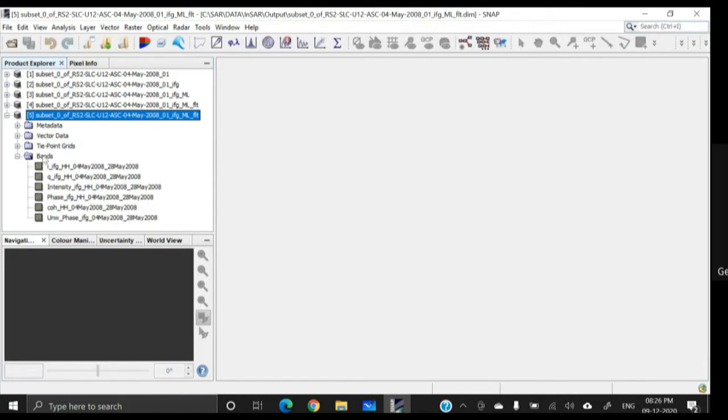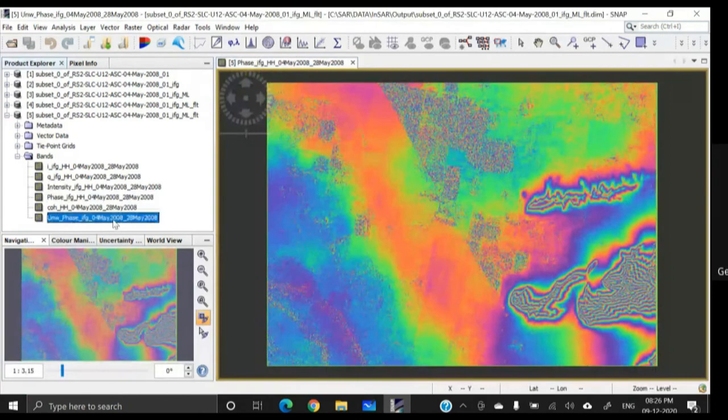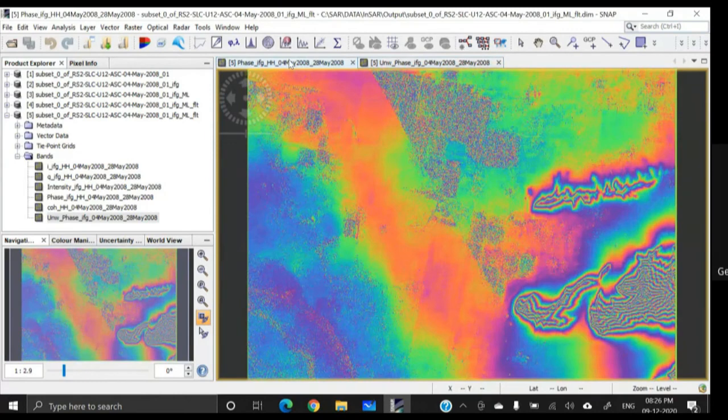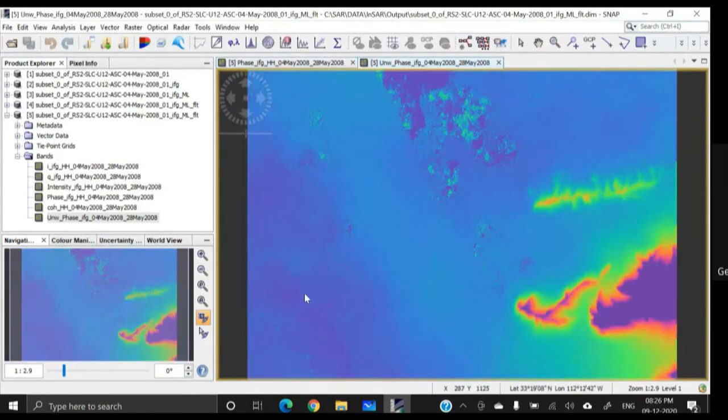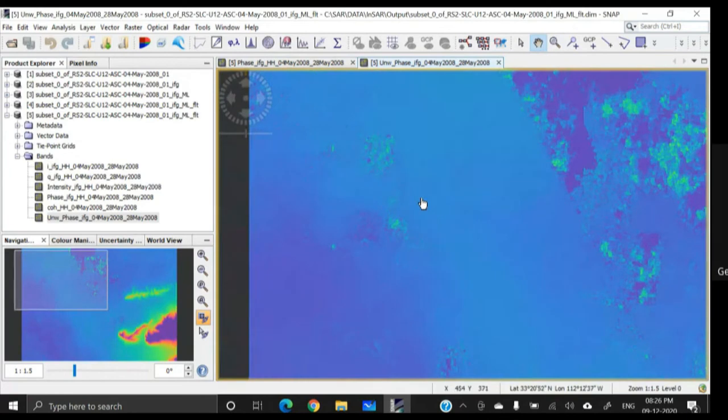And let us come to the bands, and as you can see here also we have the phase information. This was the phase information, and this is the unwrapped phase. And as you can see, we have succeeded in minimizing a lot of noise. This was the original phase image, and this is after unwrapping. And see, but still, I'll show you. Still, we have some noise